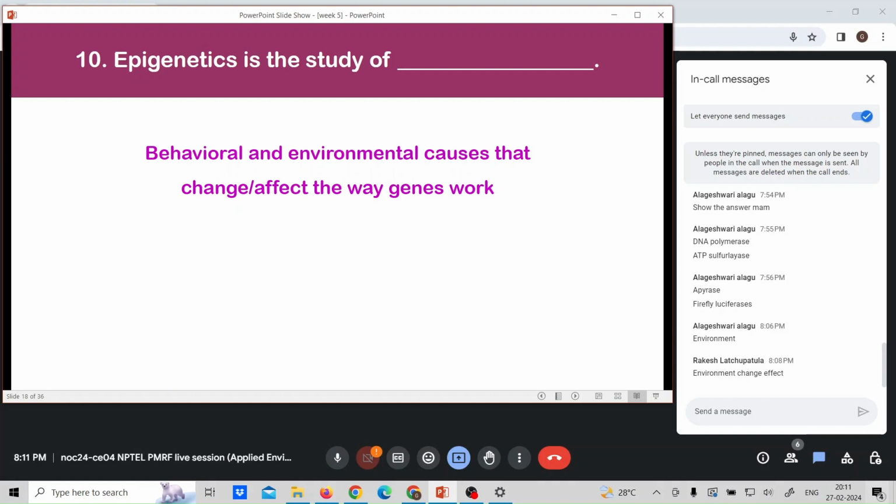That is how our enzymes and other proteins in our body are produced. Whereas in epigenetics, sometimes a particular gene may be methylated. When it is methylated, it will not be expressed, so the gene will be off. That is what we call